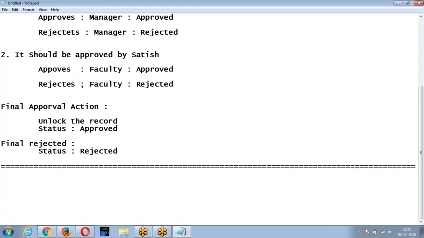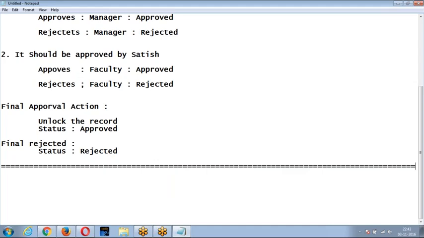Like, let us say step number 1, submit the record to Satish and Kiran. Both of them have to approve it. If you submit the record to more than one user in a single step, we call it a parallel approval process.